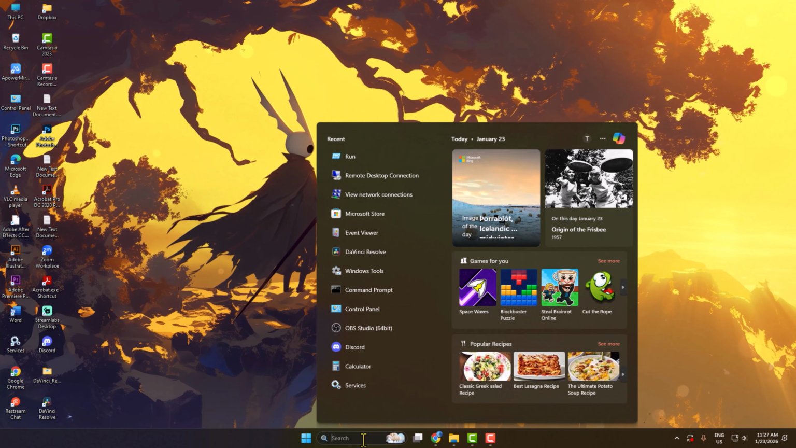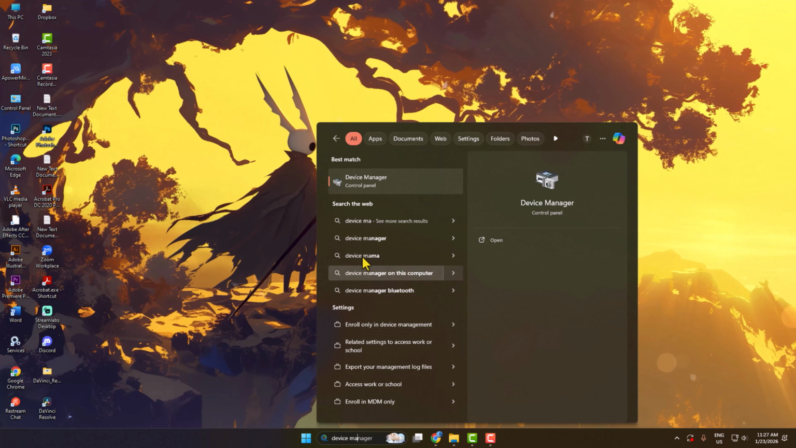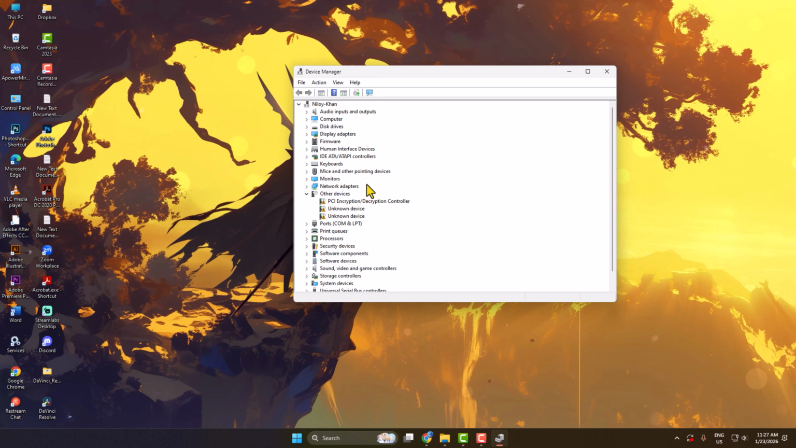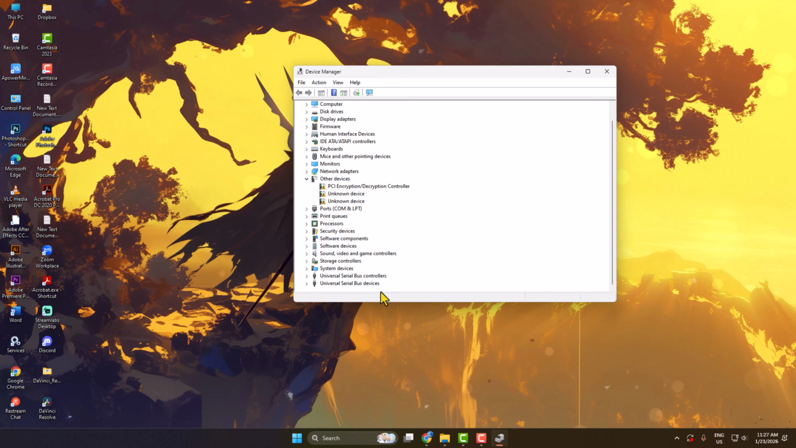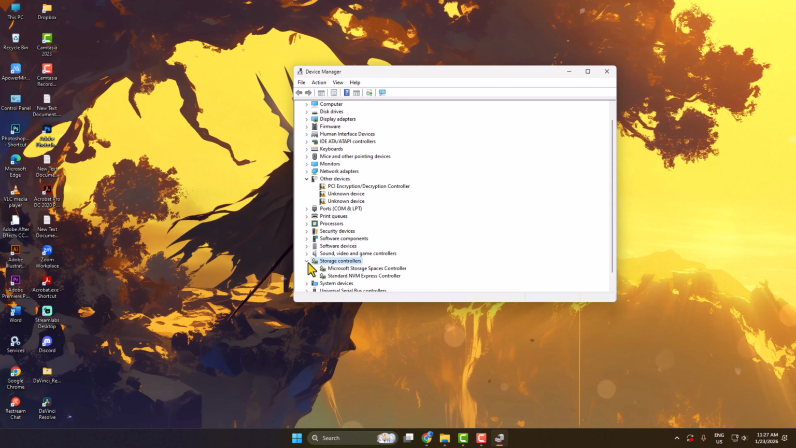Click this search icon and type here Device Manager and open Device Manager in Control Panel. In here, you have to scroll down and select these storage controllers. Now expand storage controllers, and under storage controllers, if in your PC NVMe is already installed, here you will find standard